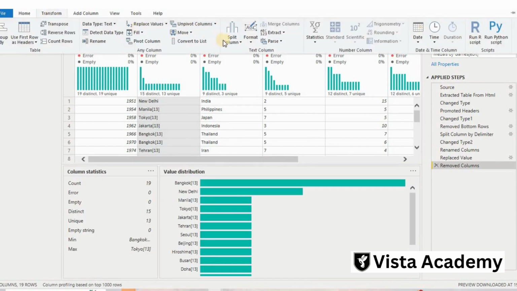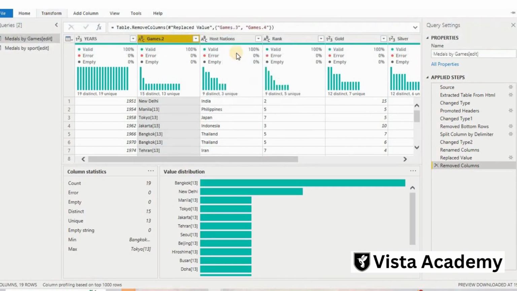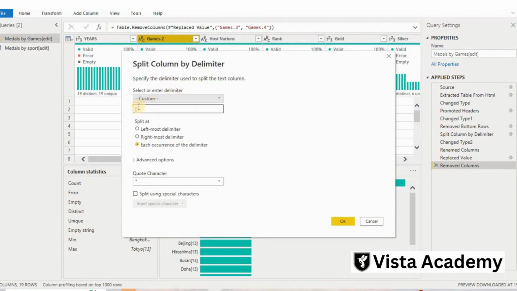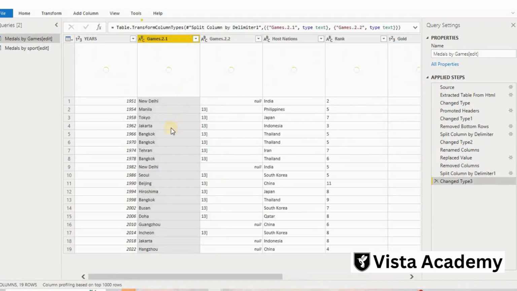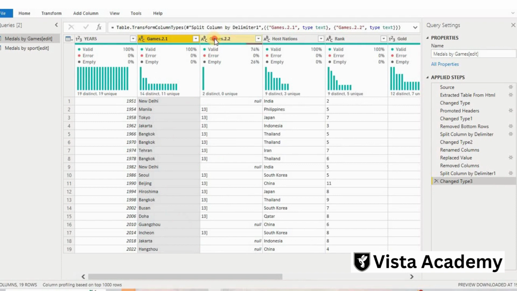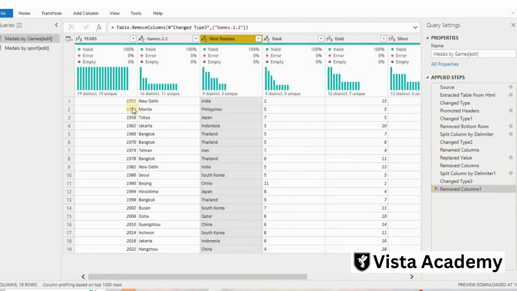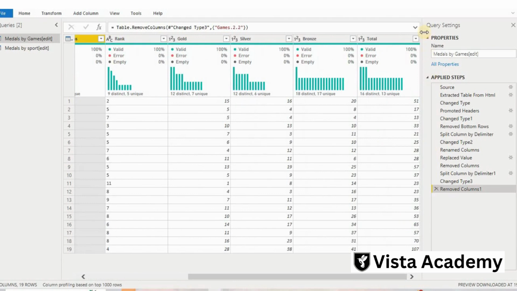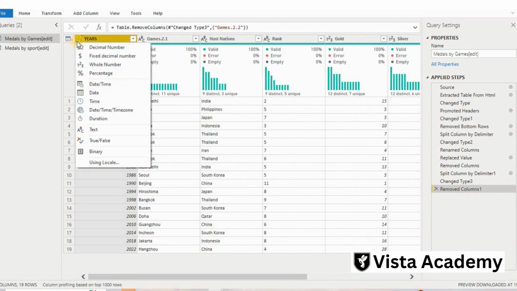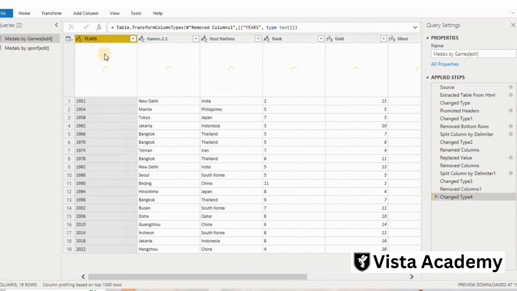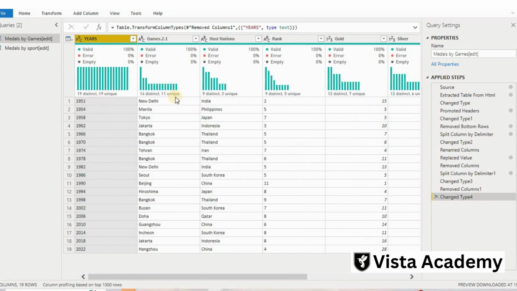So I will go to Transform, Split Column again. The by delimiter option automatically found out the delimiter from where we can split it. So it changed it like this. Now I have this and I will remove this also. So now my data is much clearer. We have 0, 0, 0, everywhere we have a 0 here, and this is our total and everything. And I want to keep the years as text only, I think that's okay because we don't need to calculate them, we just need to know which year we have. So this way we have cleaned this.